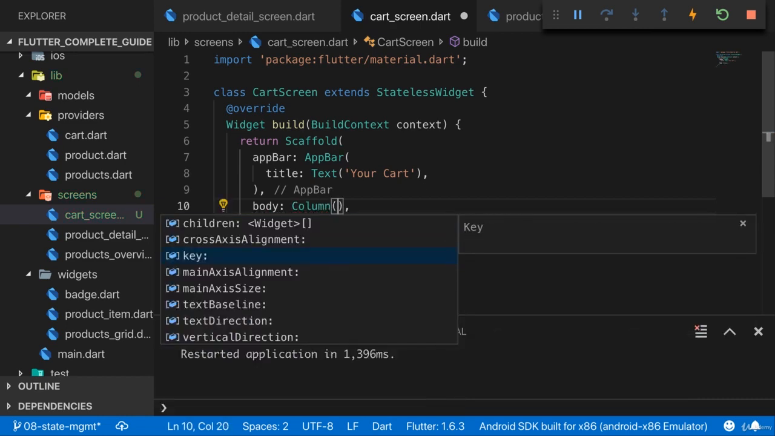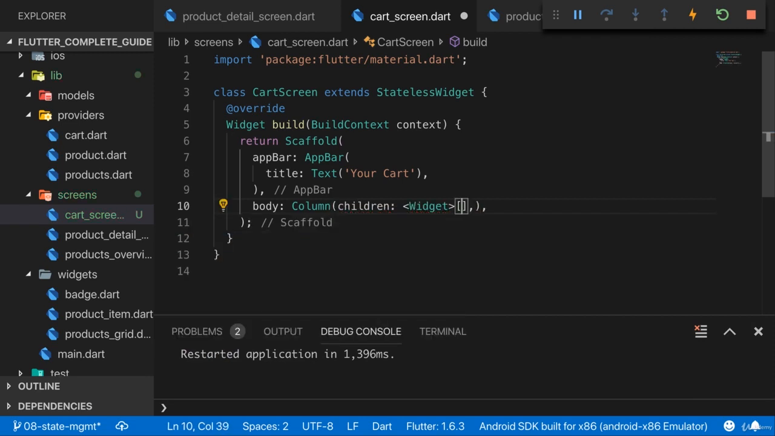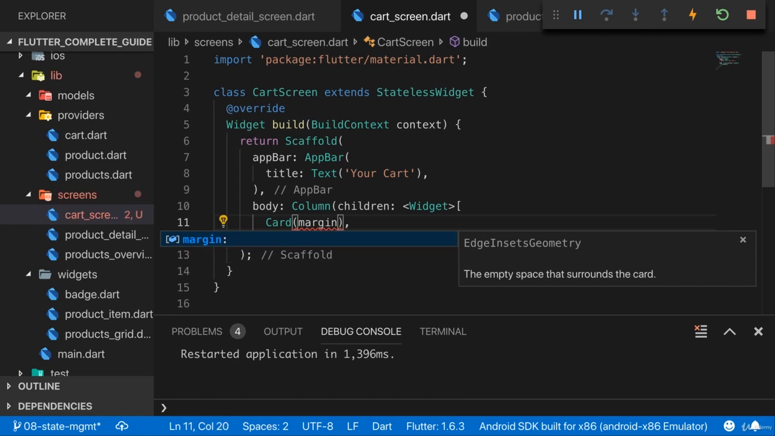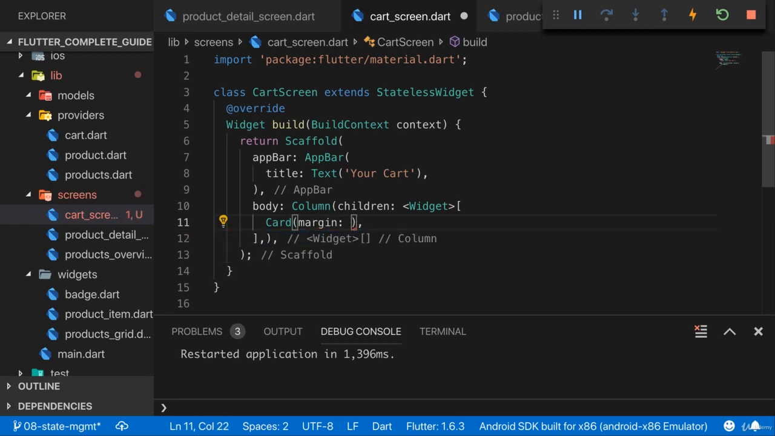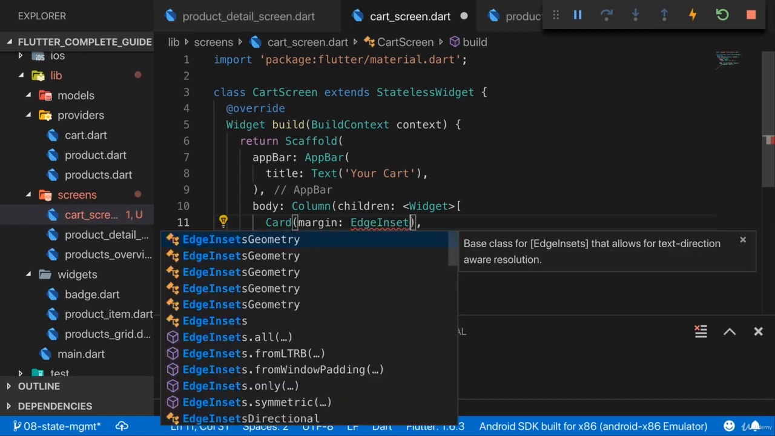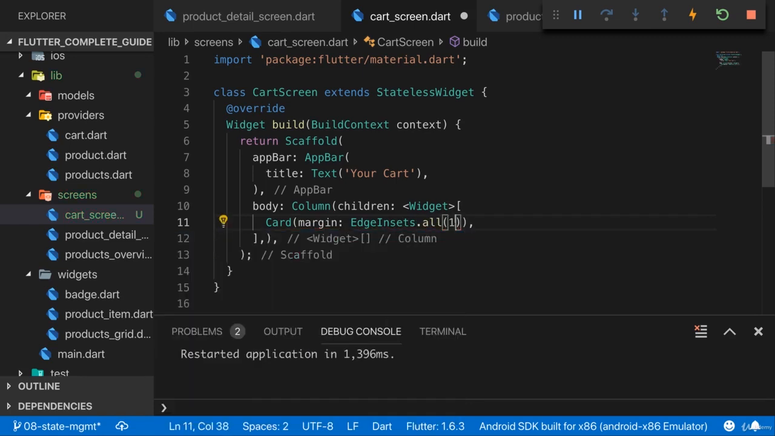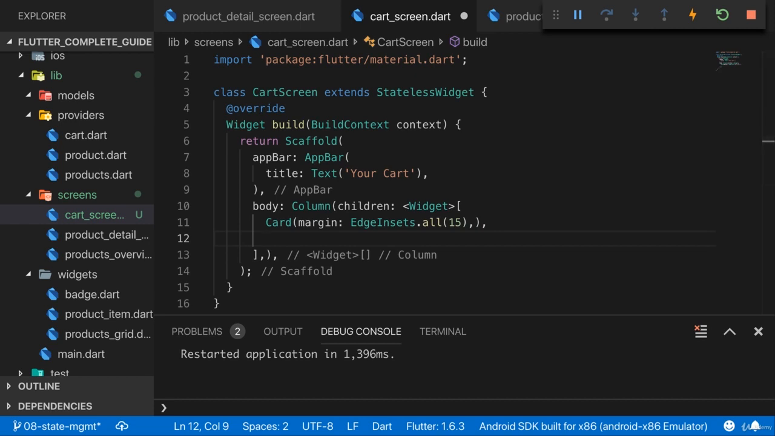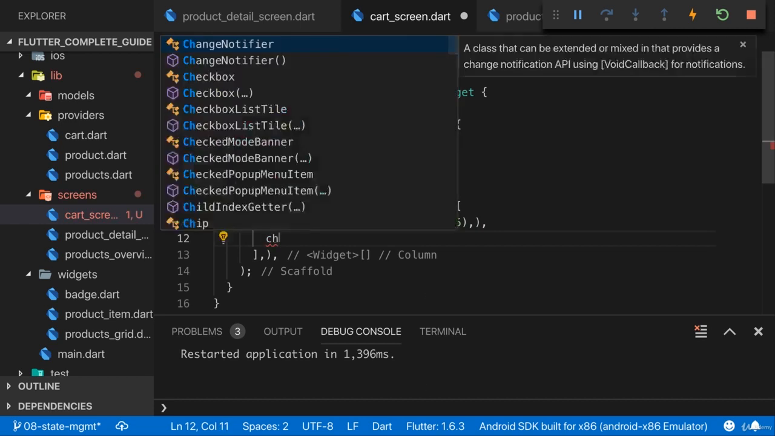And column takes the children, as you learned, and the first child here will be a card, and I'll take the built-in card widget to have some nice built-in styling out of the box. Add a little bit of margin around it with the margin argument on card. And I'll use EdgeInsets.all 15, maybe. You can, of course, play around with that value to find the value that best suits your needs. And the child